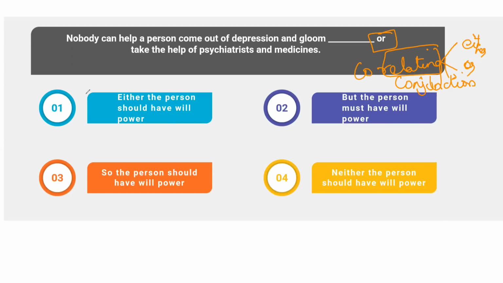So now very easily identify an option which has either in it, because you have or, right? So that's a correlating conjunction. So you must have either. So the option that rightly has it is number 1. So either the person should have willpower or take the help of psychiatrists and medicines. So the right one is option number 1. The next question